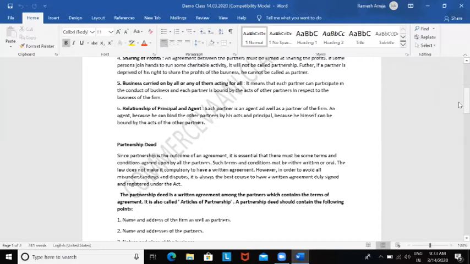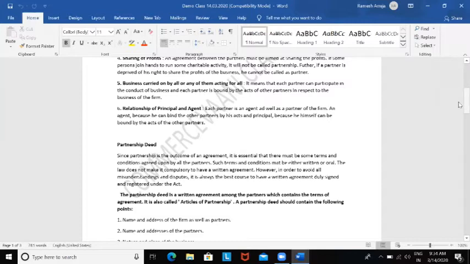What does it mean? Whatever agreement we are having, we can either have it orally or we can have it in writing. Whatever agreement we have in writing is called a partnership deed. What they are saying is the law does not make it compulsory to have it in writing, but it is always recommended that it should be in writing, so that in future if some dispute occurs, there should be some proof of it. If you have any oral